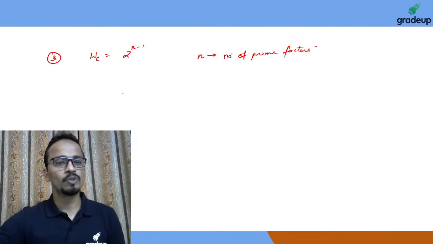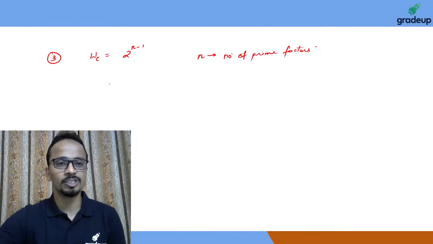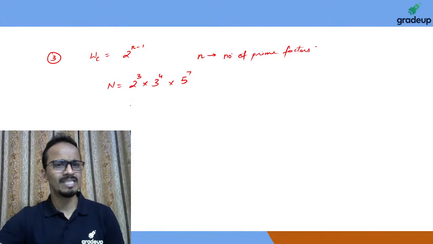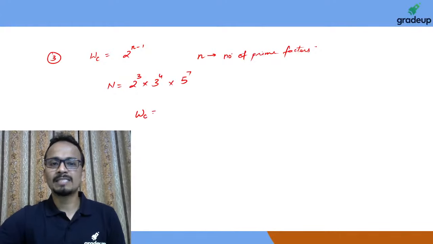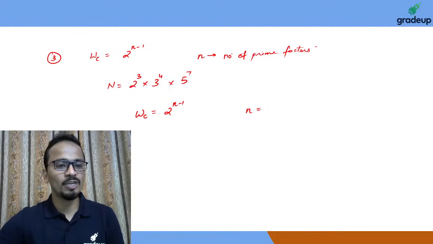All right. So I'll take a quick example for this one because we are going to use this formula in today's lecture. So let's say after prime factorization, the number is 2 raised to the power 3 multiplied by 3 raised to the power 4 multiplied by 5 raised to the power 7. Okay. So let's say this is the number. Now, the number of ways of writing this number as the product of two co-prime factors is 2 raised to the power n minus 1. Now, in this case, the value of n,